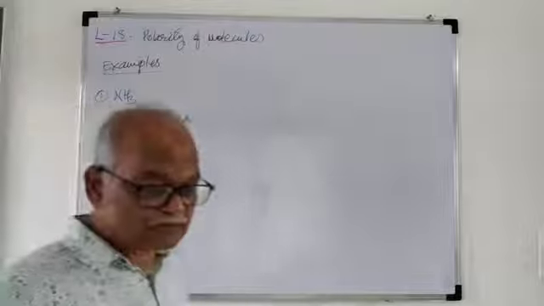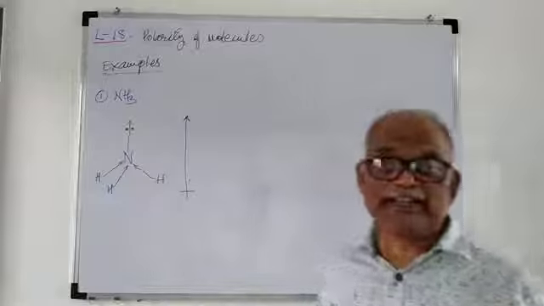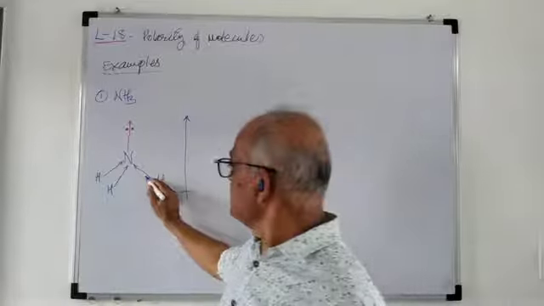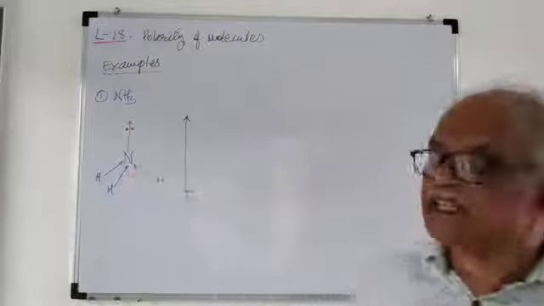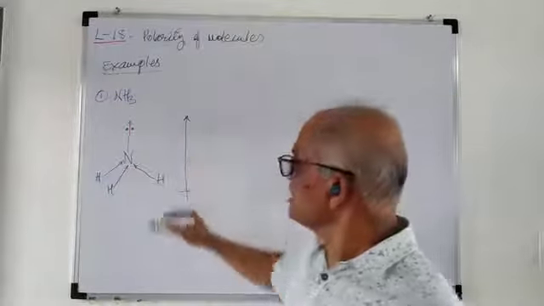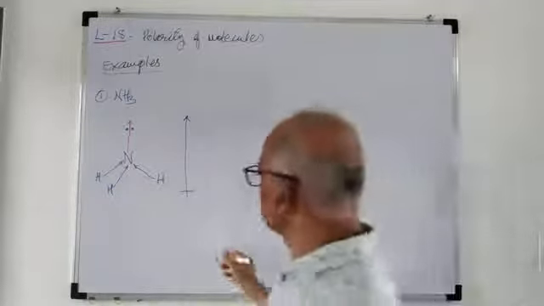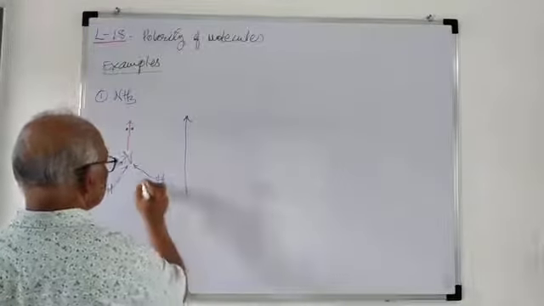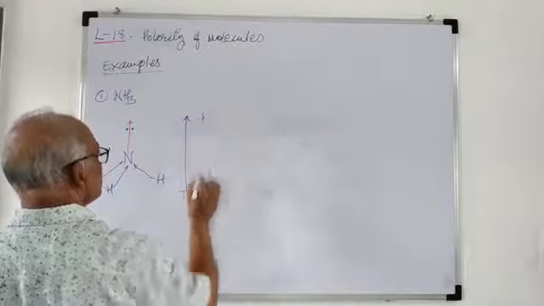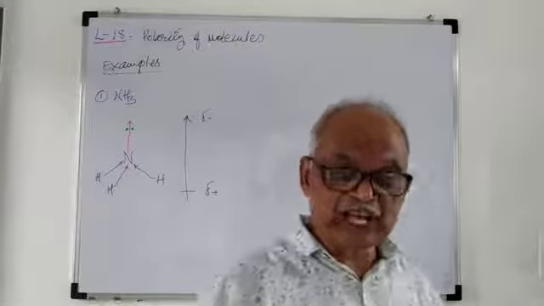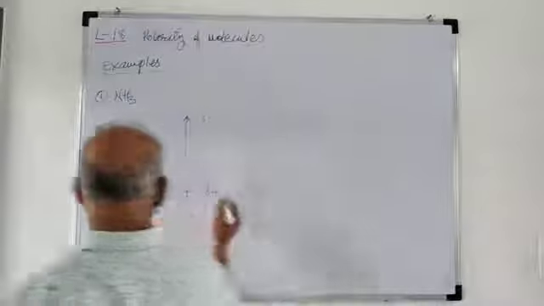So the dipole of the molecule is pointing in this direction, and the dipole of these bond pairs is pointing in this direction. Dipole of this lone pair is pointing in this direction, and total molecular dipole is pointing in this direction. Now because of this, this terminal has delta positive and this has delta negative charge. So this shows that the net dipole of this molecule